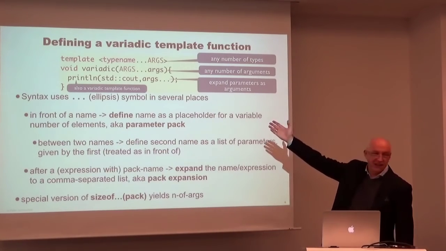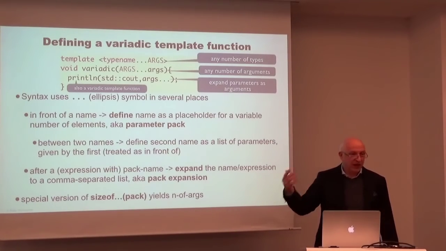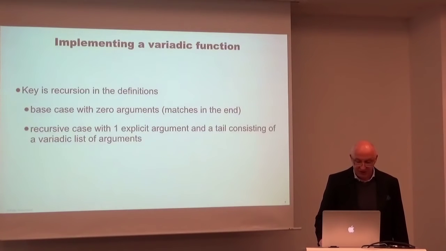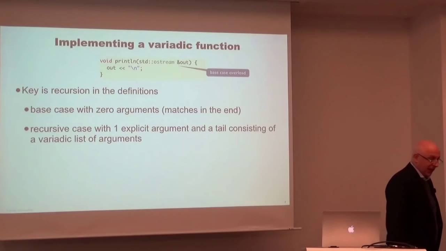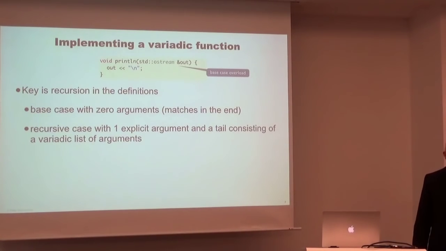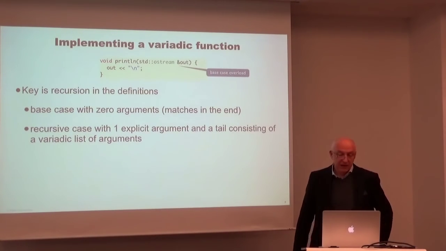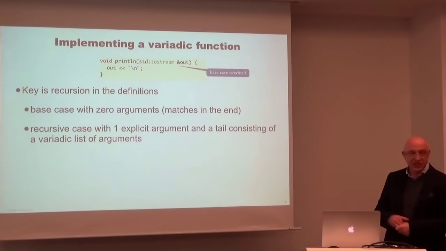Now, this is not very interesting because it just delegates whatever variadic is supposed to do to that print line, that magic print line that I promised to you. Now, let's have a look. How do we actually implement and use these variadic functions? The key thing is recursion. And whenever you have recursion, you have to have a base case. So I provide a base case overload, a print line with no additional parameters except the ostream we want to print on,